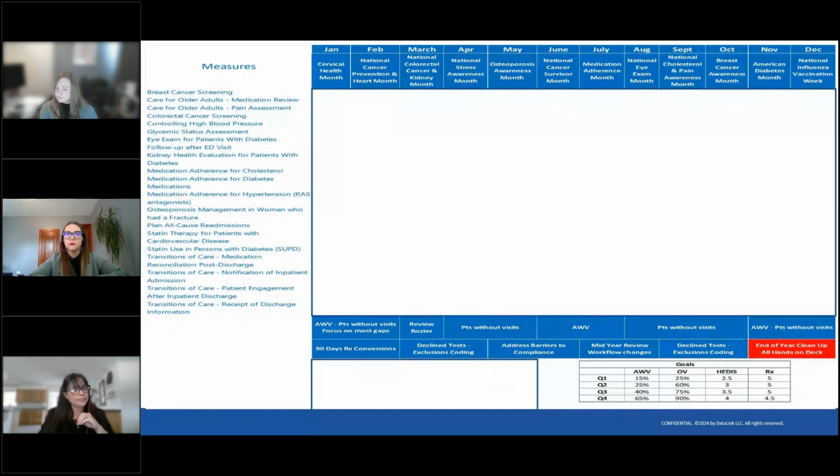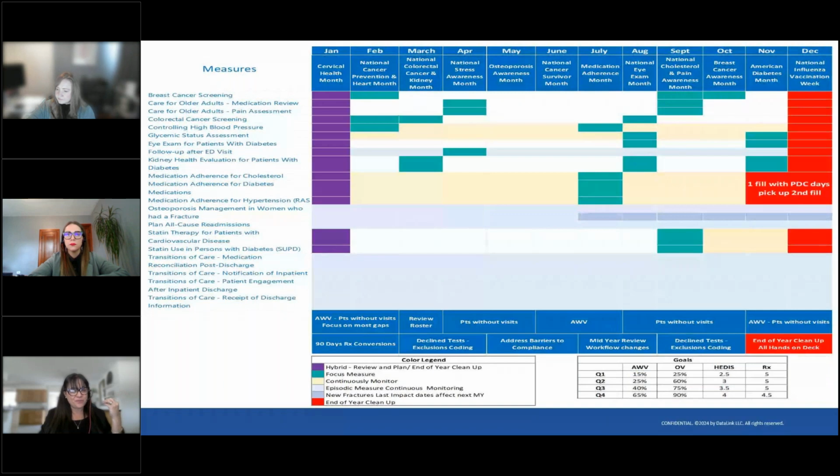Then we also want to think about what to target first, okay? And we want to set a goal. Where do we want to be? By the end of first quarter, maybe think about how many patients I need to call and get scheduled and get in so that I can accomplish that percentage that I'm looking for. Then we have to just plan it out. What measures do I want to focus on and when? Put a plan in place and make sure that you communicate it.